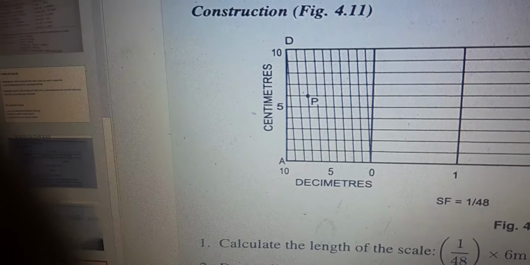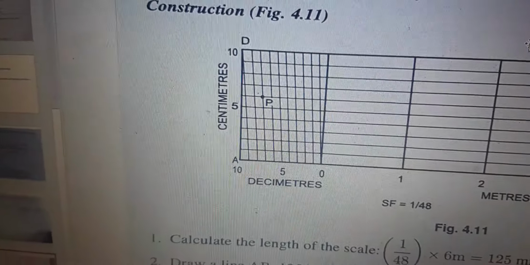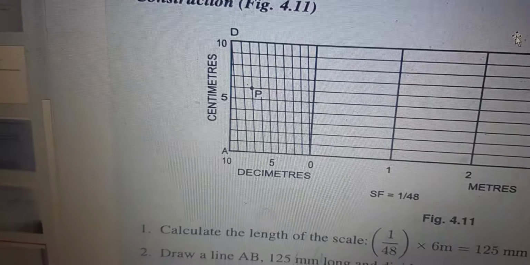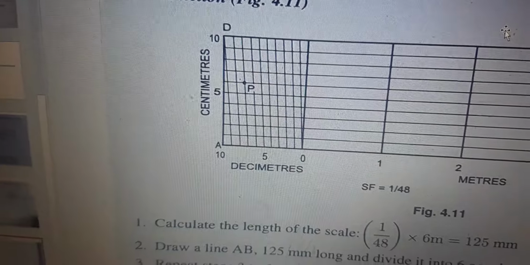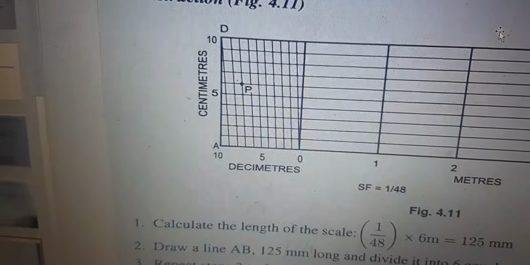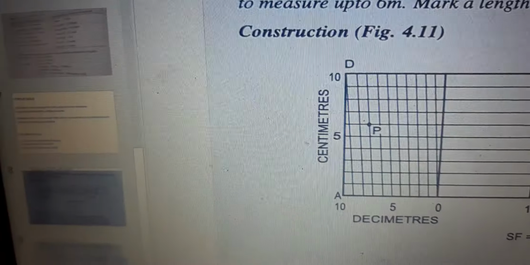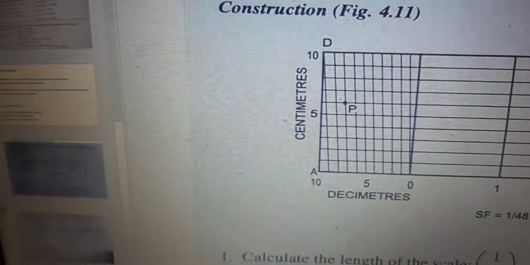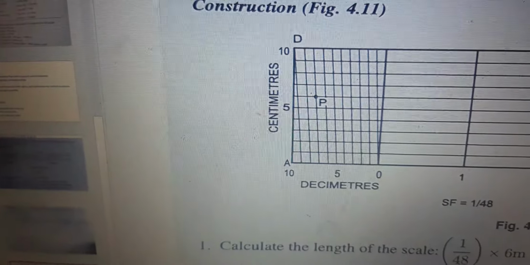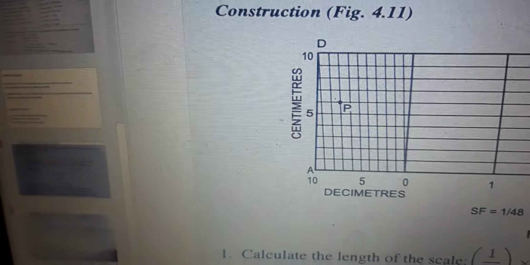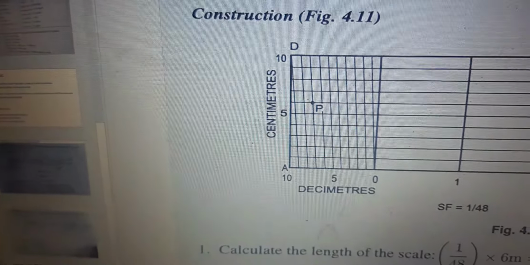Now coming to the first division. First here you need to divide the first division into 10 parts, meaning each division represents 1 decimeter, as 1 meter equals 10 decimeters. Now coming to the vertical side, that is AD. Now this becomes 1 decimeter. According to the unit conversion, 1 decimeter equals 10 centimeters. So after dividing this vertical side into 10 equal parts, each division represents 1 centimeter, right?